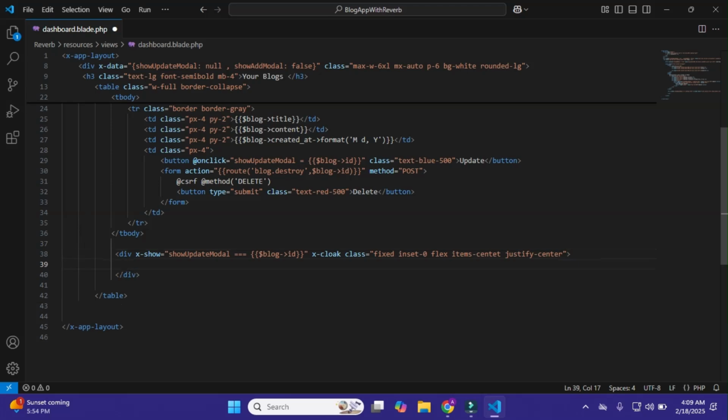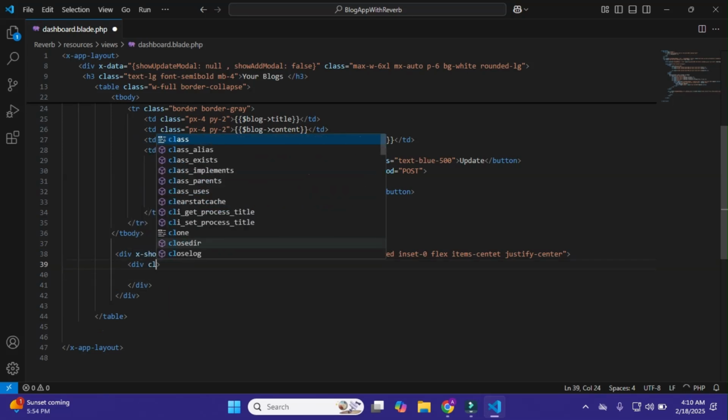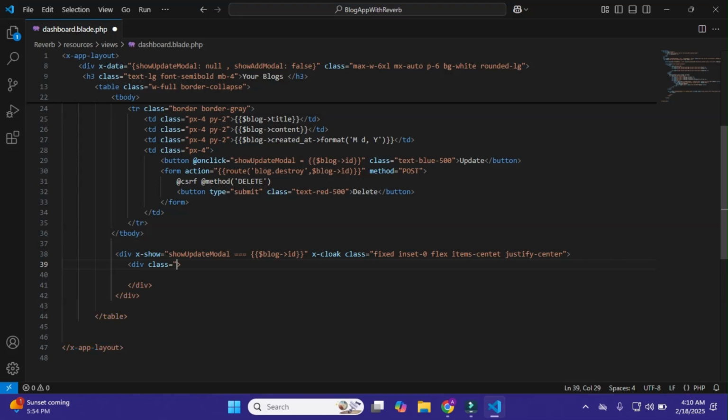So just this, and after it I'll make a div and give it class bg-white and p-6 rounded-lg, just this, and width 96.